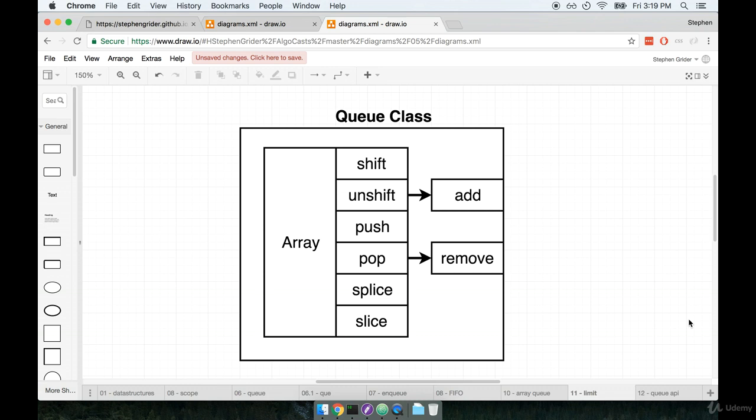Well, there's two answers to that. On the one hand, in an interview setting, it's kind of obvious. If your interviewer says, make a queue, well, we're going to make a queue and we're going to do whatever they say. The other reason for kind of hiding the functionality of an array in more of a practical setting, or like on a real project, maybe imagine for a second you are working on some complicated problem and you want to solve the problem with an algorithm using a queue. And you realize that